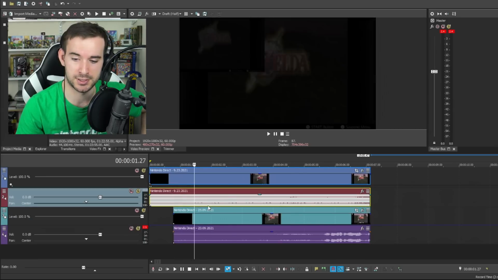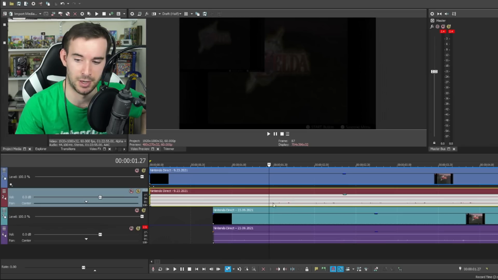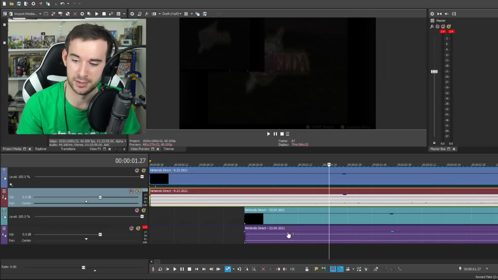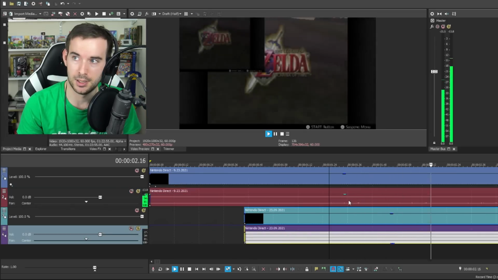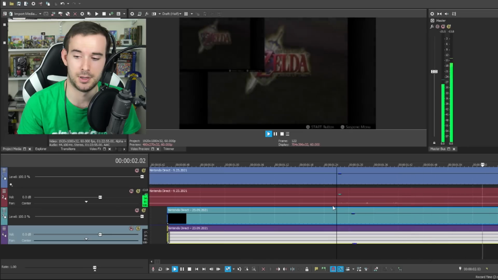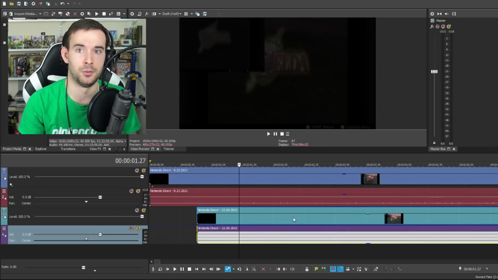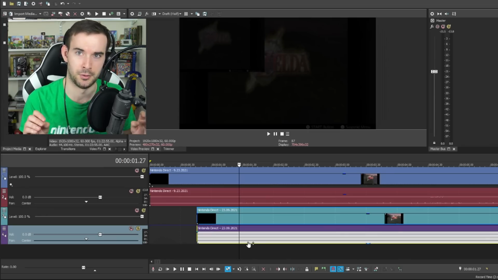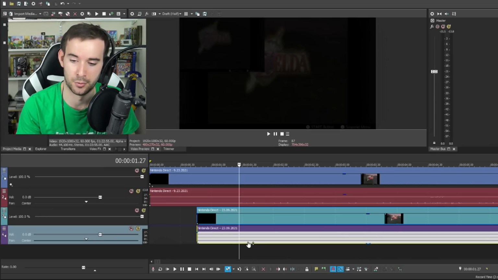And what I find quite interesting actually is the pitter-patters in the wavelengths here. So these pitter-patters, if I just mute this one, that is the gallop of Epona. And what we can do, we can use that sort of gallop to sync these again in a different way and see how quickly the audio differs from the other one.